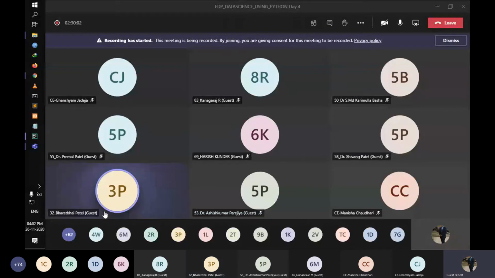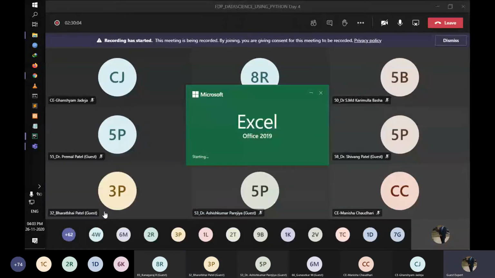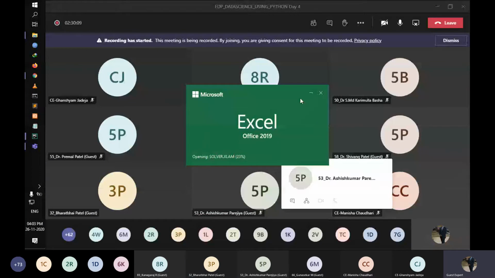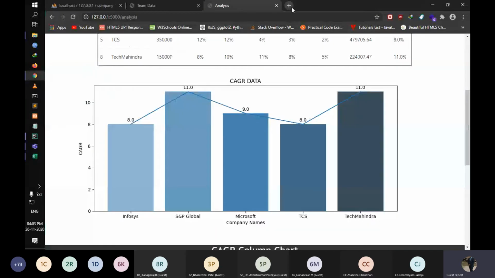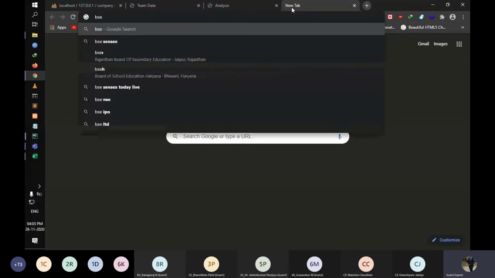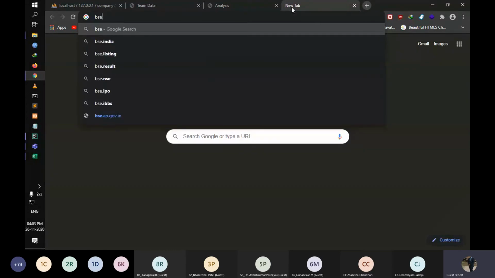Okay. This is one of the tasks: fetching the data from any website, like the stock market. If I'm a fund manager and I need all the data in my Excel through the internet, how can I fetch the data? I'll just show you. First of all, open the website bseindia.com. In 2013, sir, BSE is not working, so you are using the Ready money.com.